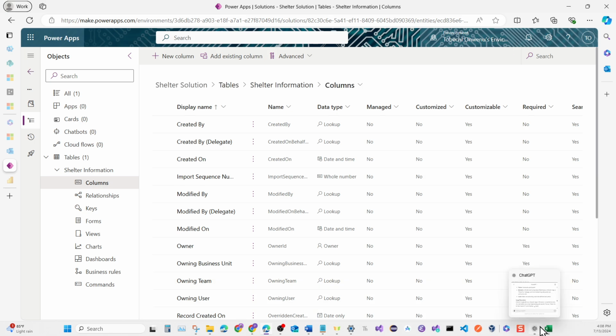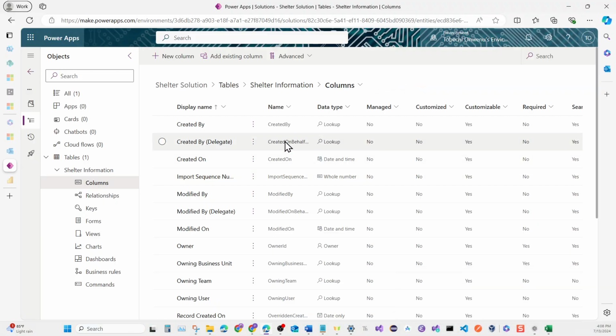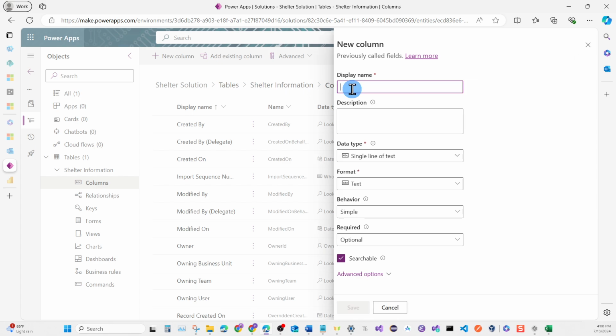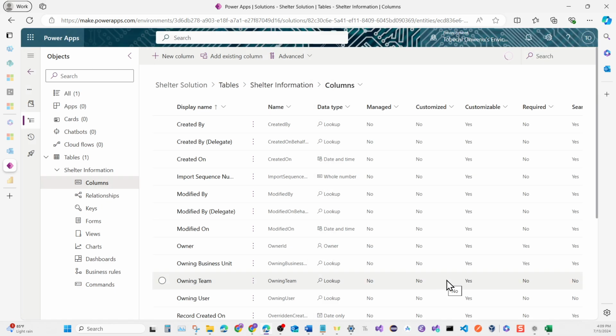And the next column we need to create is going to be the shelter manager. So going back to our table, click on new column, same process. Under display name, I put in shelter manager, and for description, I simply put name of manager. For data type, we're gonna leave it a single line of text. There's not really that much data. Leave format the same, behavior the same, and required optional, and then hit save to create our